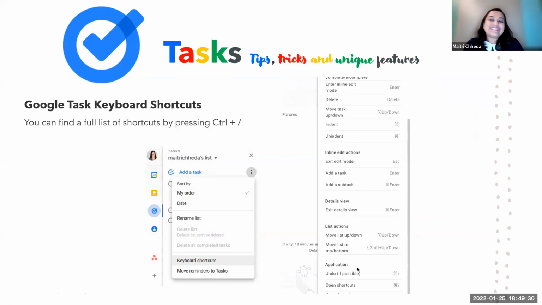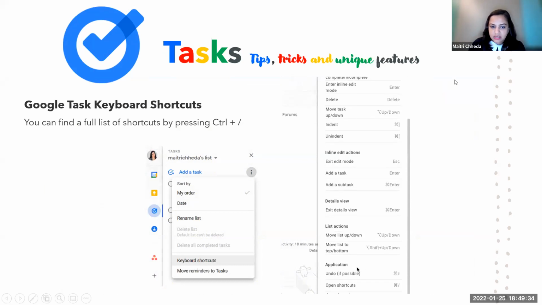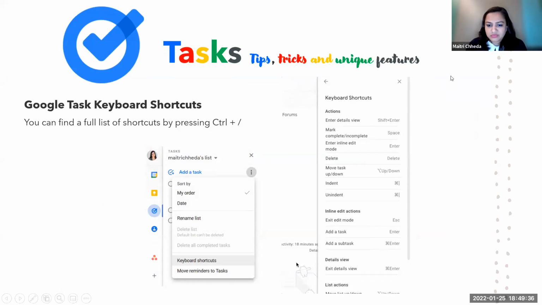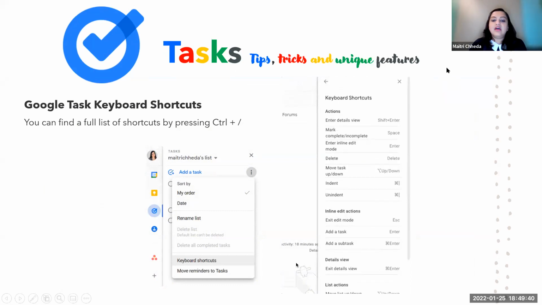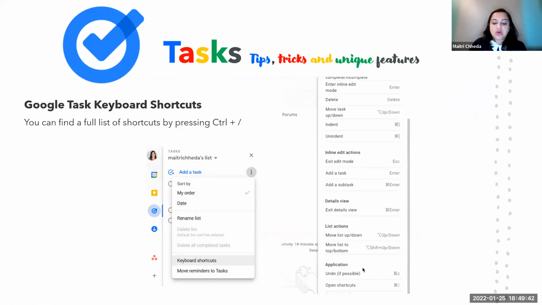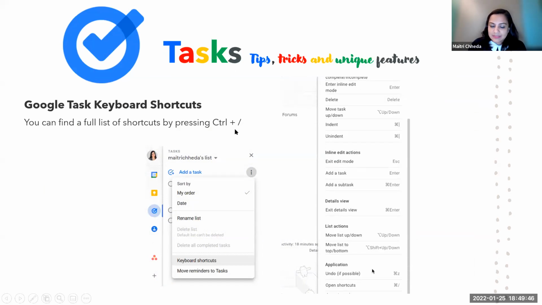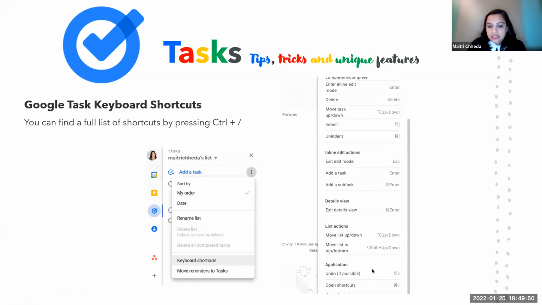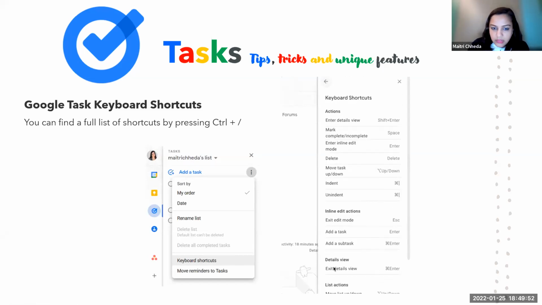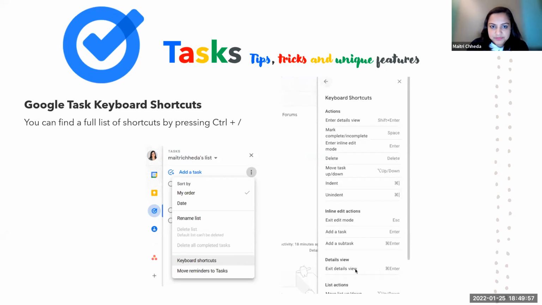For people who are less savvy and want to use the mouse only, not to worry at all, because you can do everything with a mouse as well. But in case you don't want to use the mouse or the touchpad, you have these shortcuts, and this control plus backslash will work with all your Google products. Okay, so you can try it out and see the magic.